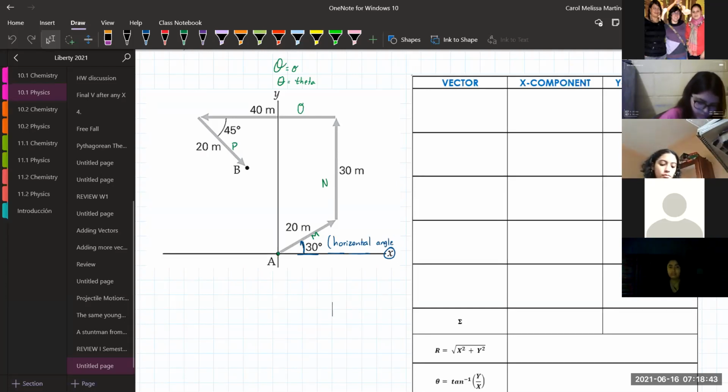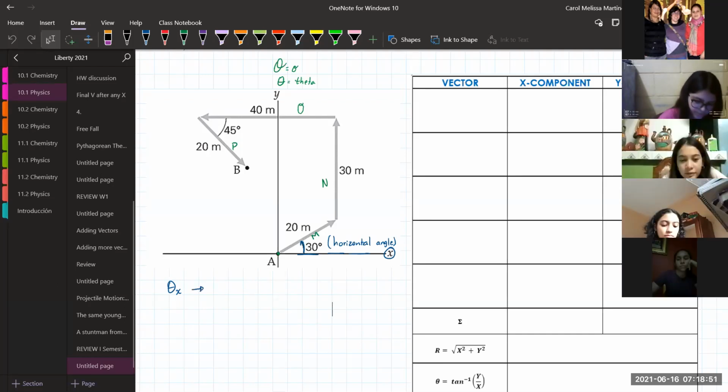Now, for our horizontal angles, or angles measured from the x-axis, cosine. I'm sorry, what did you say? Cosine. For x, I'm going to be using cosine, and for y, I'm going to be using sine. But when my angle is measured from the y-axis,